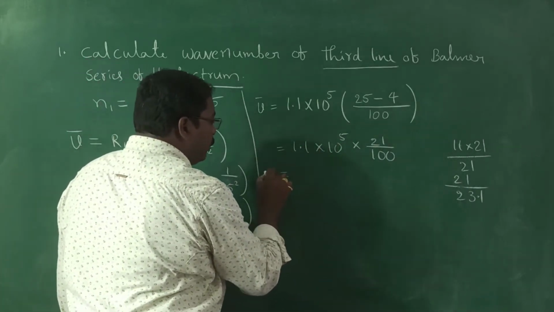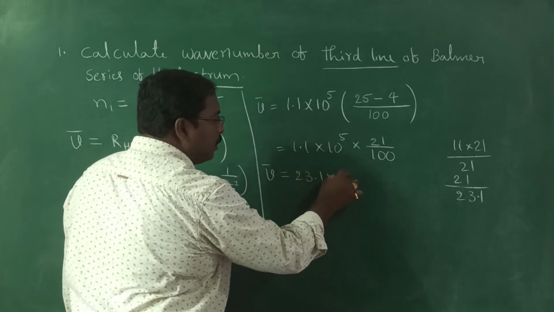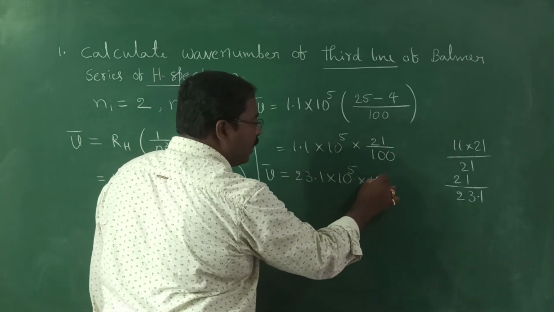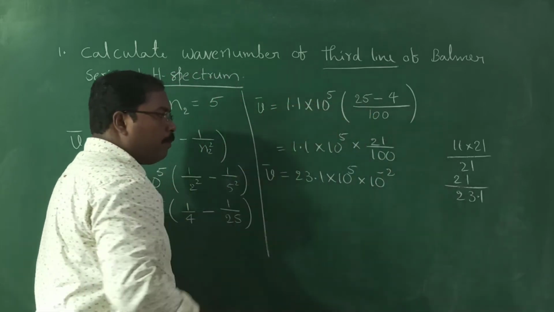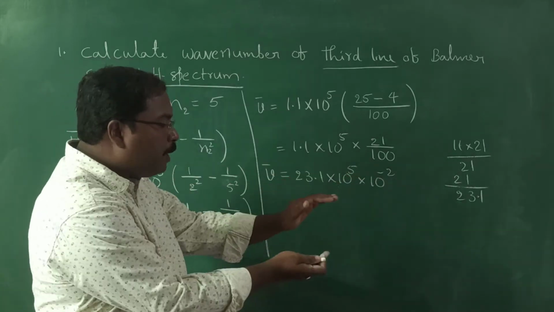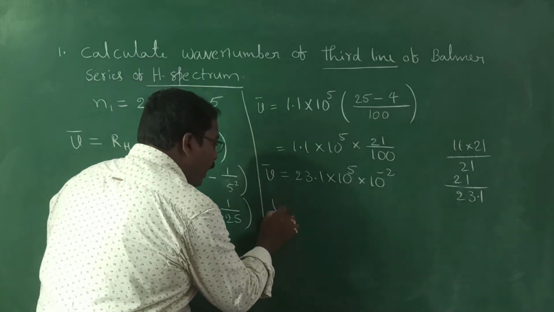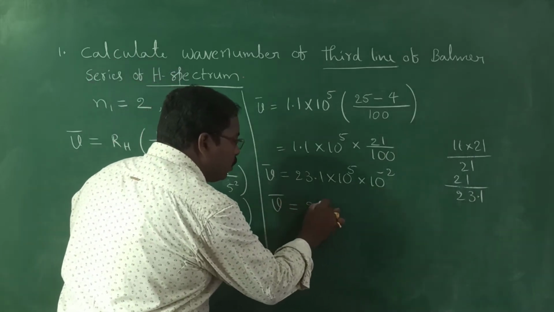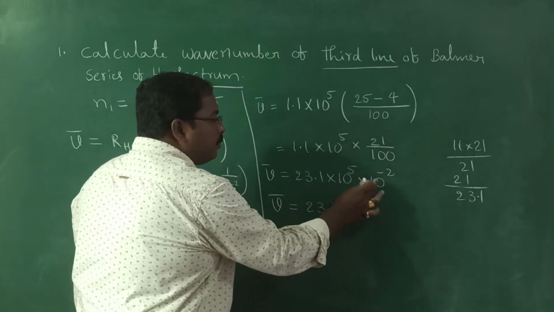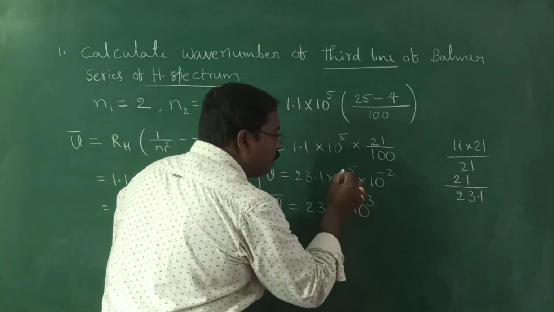So 20 nu bar is equal to 23.1 into 10 to the power 5, divided by 100. It comes to the numerator as 10 to the power minus 2, because 100 we can write as 10 square. So finally nu bar is equal to 23.1 into, the bases are the same, so powers can be added, 5 minus 2, so 10 to the power 3